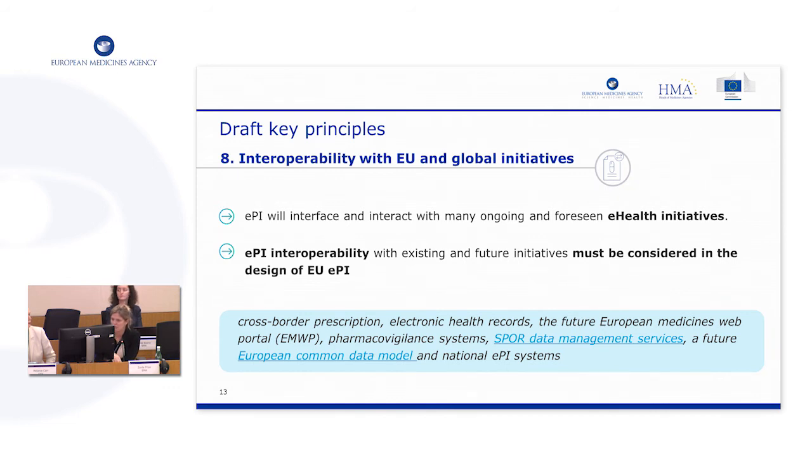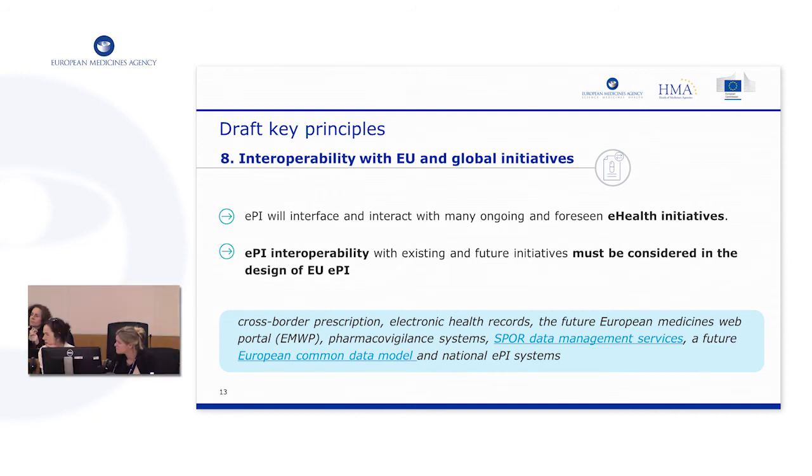Do you suggest that the wording must be considered as not sufficient then? Because that's probably implicit, or it leaves it open. Any comments? It leaves it open, I think. Following up on Josina, I fully agree, and it has to be in two directions. It's not that we have to adapt to the systems or the systems have to adapt to us. Whenever we choose the standard, we have to consider that, and as much as possible, we have to align with everything. In the end, if all the systems don't talk to each other, we fail. So there might be limitations as we implement that, but that's the ultimate goal.